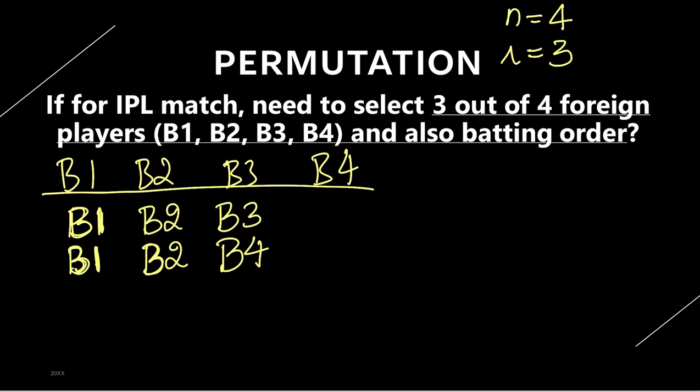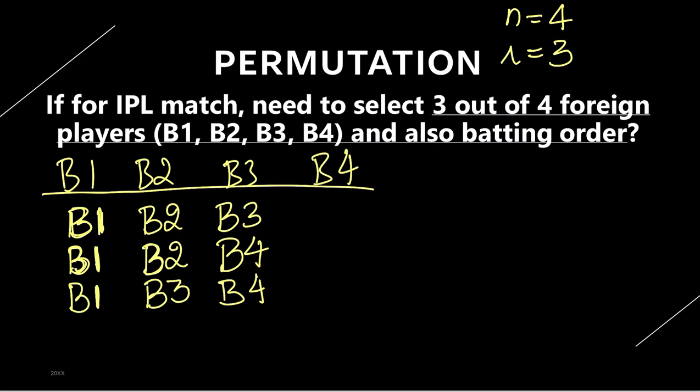This is another case. Here I can choose B1, but now rather than choosing B2 as a second batsman, I am not choosing B2 at all. I am choosing B3 and B4, right? Any other case that is possible for now? No. So if the first batsman is B1,